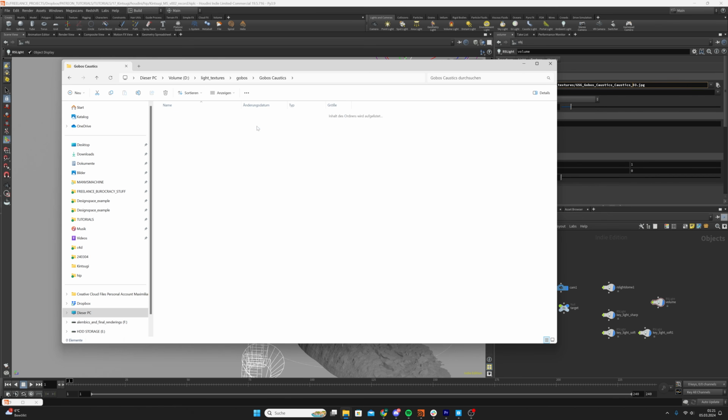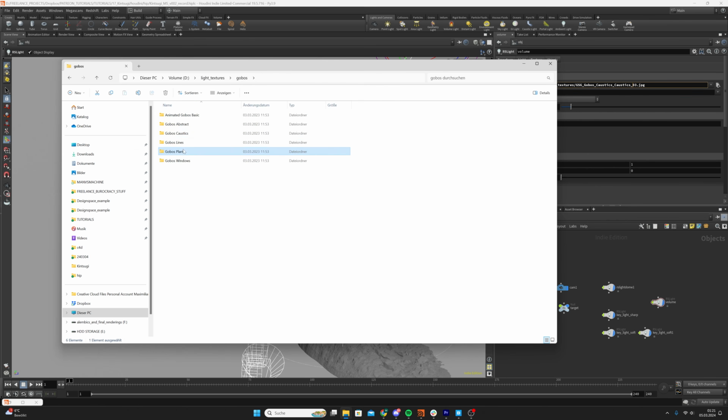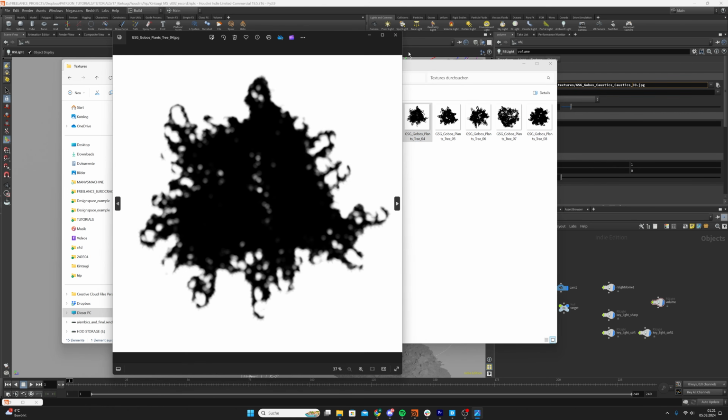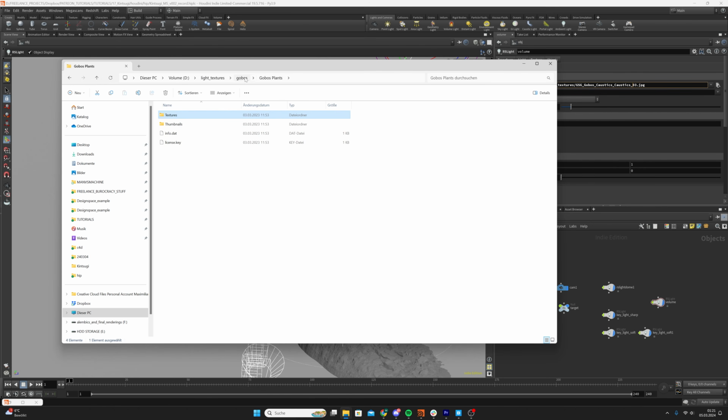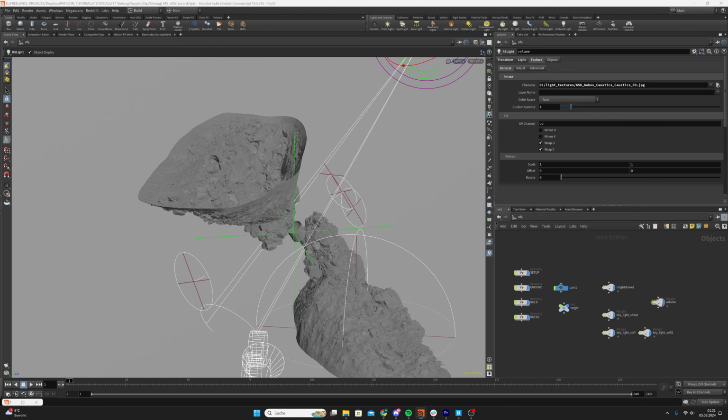So these are Gobo Caustics, for example. But I'm sure you can find plenty of them online by just Googling Gobos or motion masks, I think. Yeah. So just load that in, and